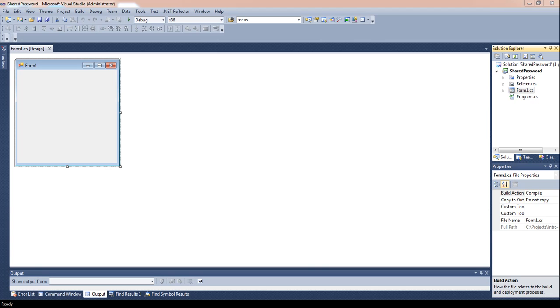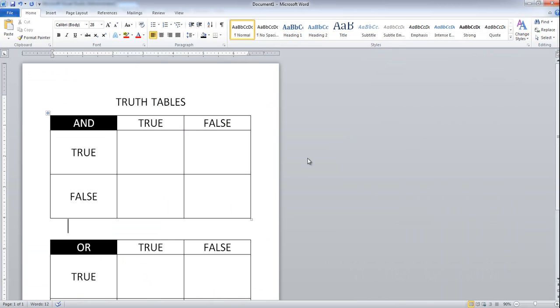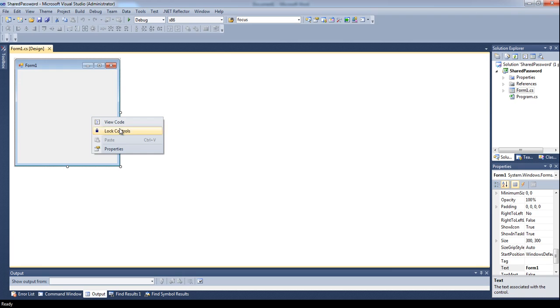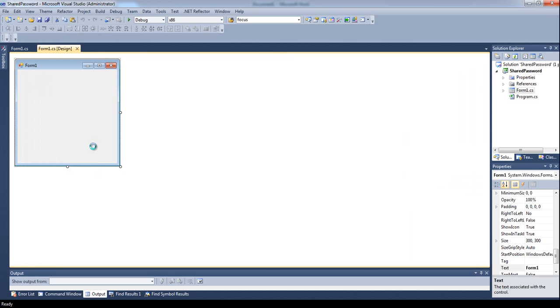So let me get my Word doc on the screen here. And this is what a truth table looks like. And it's a little simplified. Typically you do this with more columns and rows. But this is a great way to illustrate what we have when we use ifs and ands. If we talk about using an AND inside of an if statement, and let me get some code here just to illustrate this. But if we had an if statement,